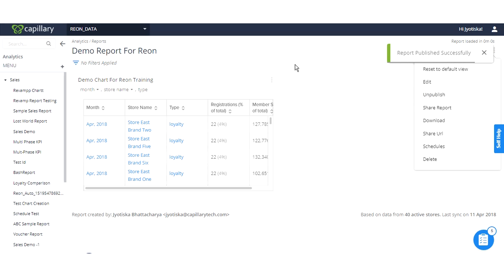Once you publish, this report becomes visible to everyone and everybody can start using it. You can remove the visibility by revoking the access by just saying unpublish. As you can see, you can also delete the report, and there are the other properties of charts which I have already discussed before. Let me go back and